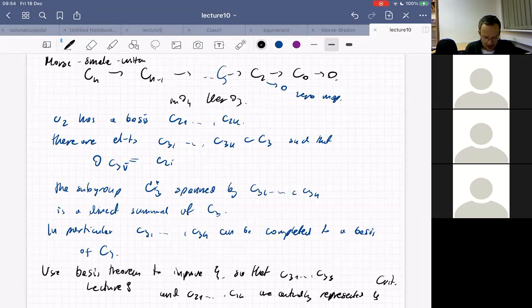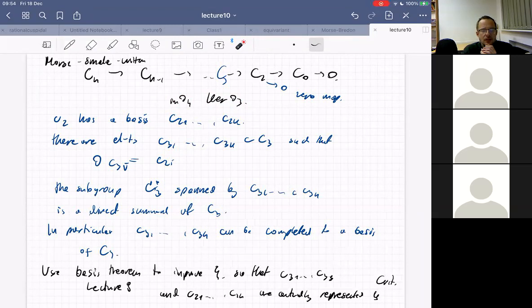I would say that the image of D4... so the kernel is a direct summand. Okay, the kernel of a map is a direct summand, if I'm not saying any very stupid thing, because I need to cook up the